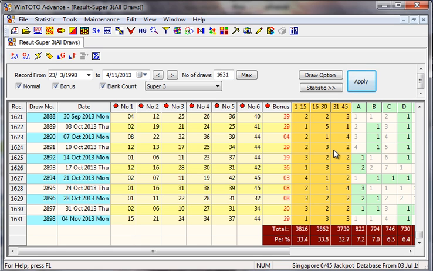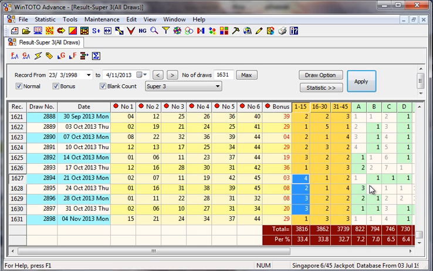As you can see, in the last draw, which is on the 4th of November, we literally have only one number from the small group, which is 1 to 15, and the other balance 6 numbers are shared between 16 to 30 and 31 to 45. So you could see for yourself that the trend has slightly moved, because for the past 4 draws, there are a lot of times, a minimum of 2 numbers, come from the small group, that means from 1 to 15, and now there's a switch in it.